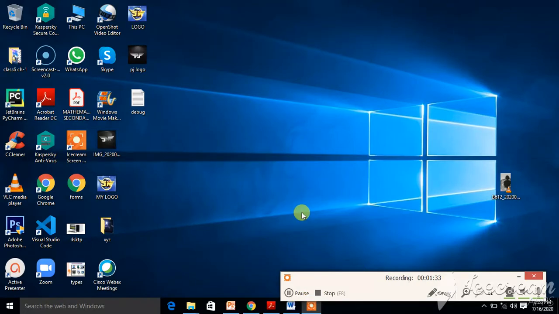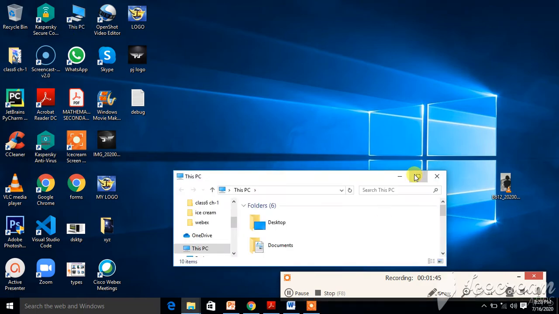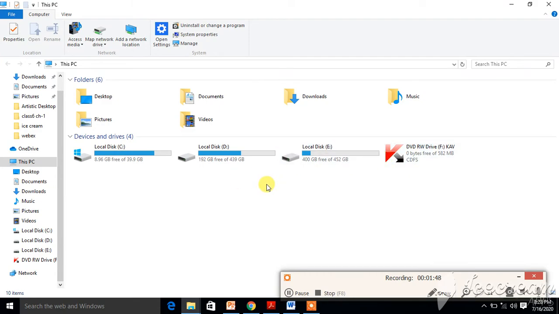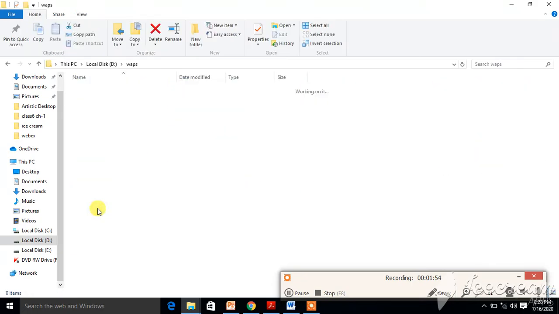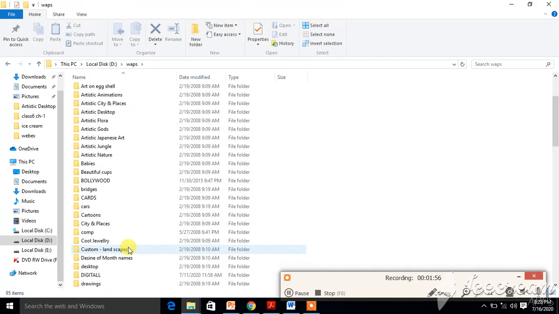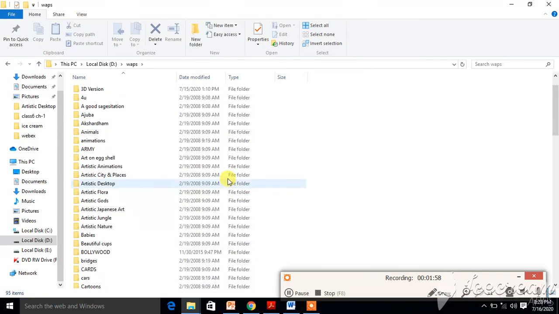First, let me explain the functioning in a graphical user interface. In graphical user interface, as you can see, I have a desktop. If I want to open a particular file or a drive, I'll double click on this. So this will open a window. I want to see what files are present in this drive, so I'll double click on this and I can see all files. If I want to open this folder, these are the folders and files present inside this. So this is how we work in a graphical user interface.